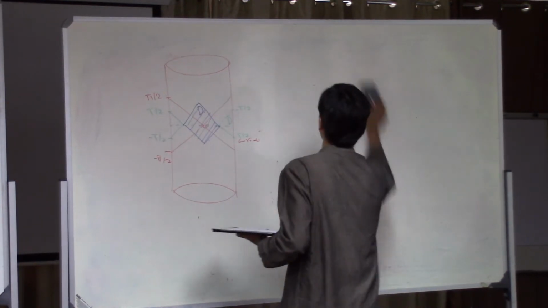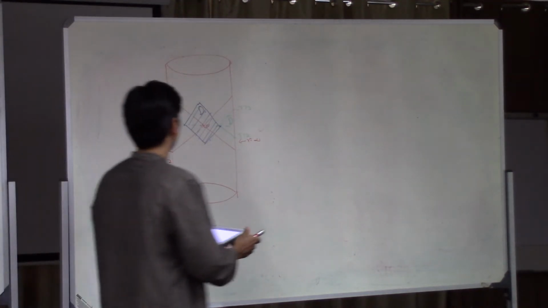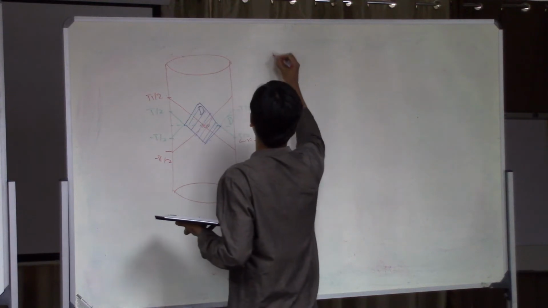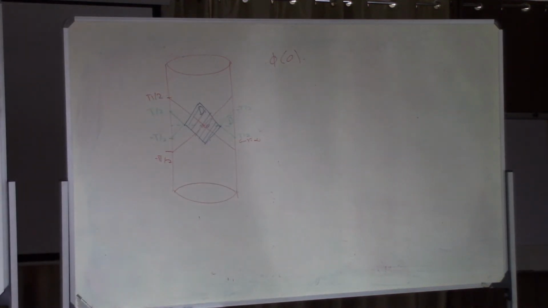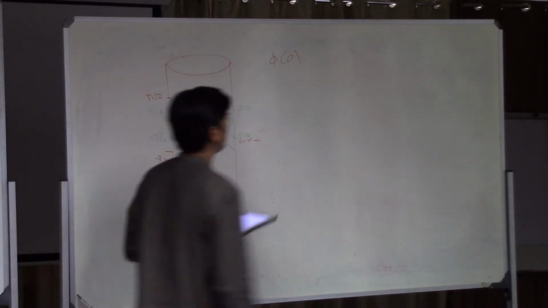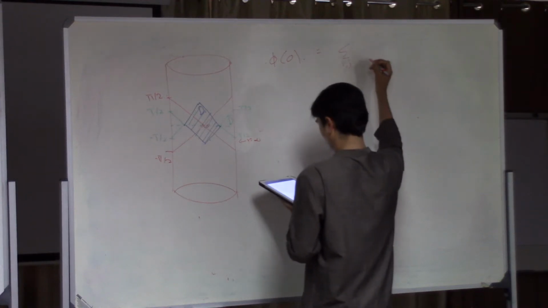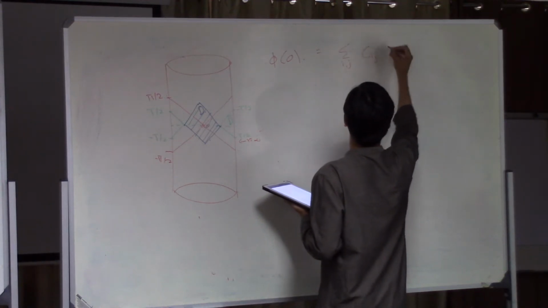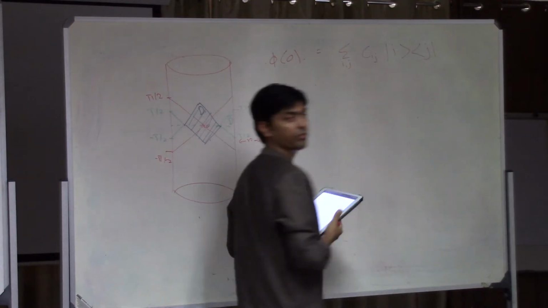Okay. So first, let's take phi, and let's just expand it in a basis of states. Let's take this operator phi. I'm just going to call it phi of 0. By phi of 0 I mean phi of r equal to 0, t equal to 0. I'll just call it phi of 0 to save myself a lot of writing. And by the way, right now what I'm writing down is totally tautological. I expand it in a basis of complete states.